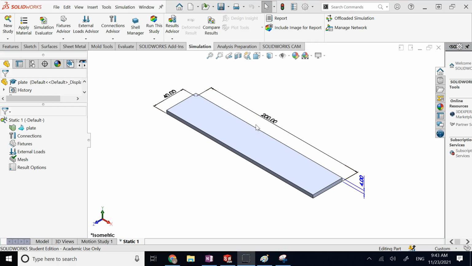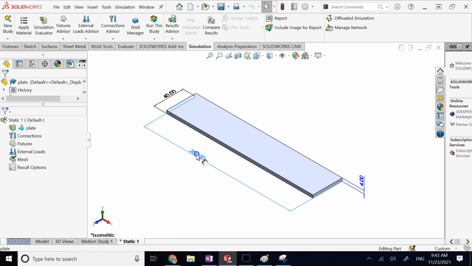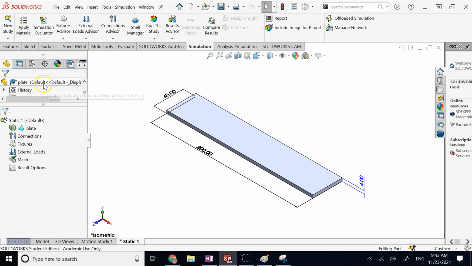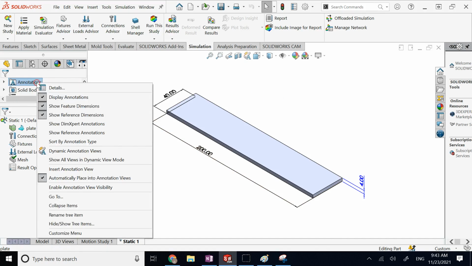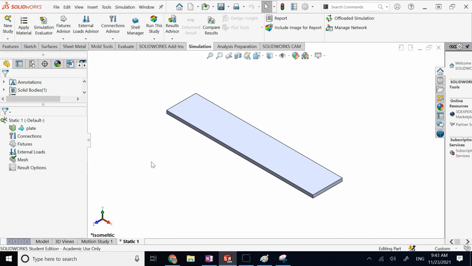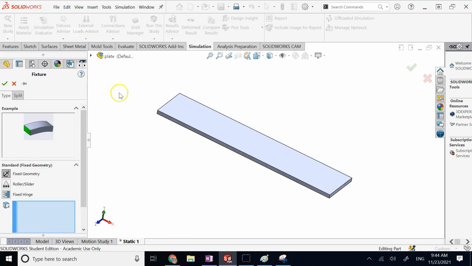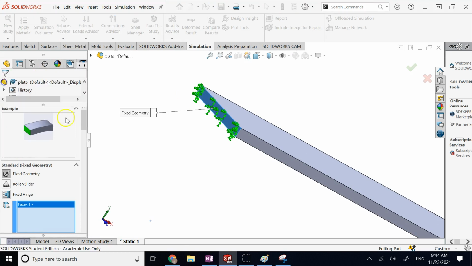So depending on the importance of whether you have 3D analysis or 2D or 1D, you can use solid models, shells, or beams, and that brings down the amount of calculations, memory, and everything. And if your problem really qualifies for such a thing, the numbers that you get from 2D and 3D are going to be quite similar. So let me show you that here. What I will do is I'm going to first do a 3D, right? So I go and create a fixed geometry here on the back plate, on the back of the plate,